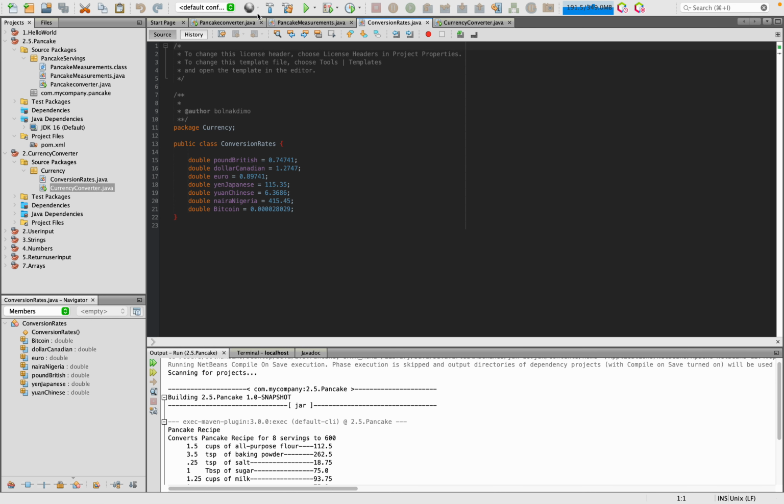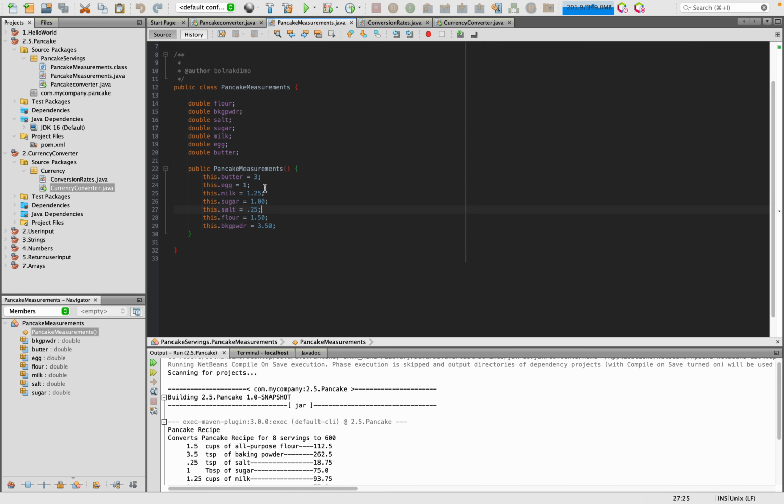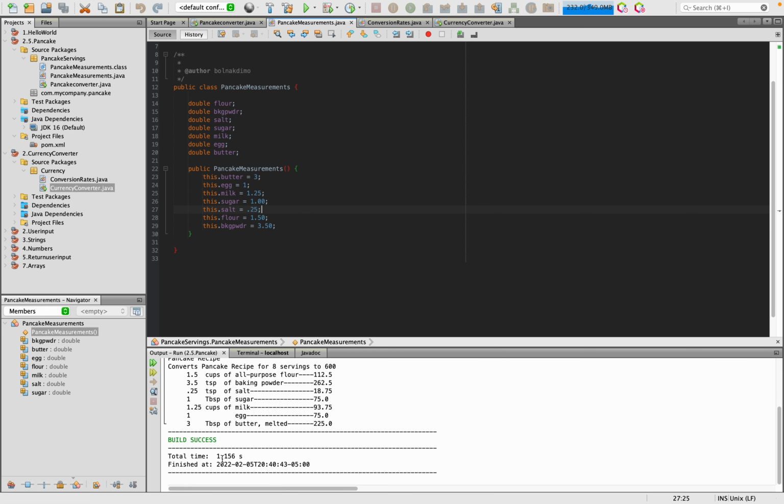And in the second piece, in mine, it's going to show, right here, for butter, 3. Egg, 1. We're not looking at the cups, tablespoons, teaspoons. The one thing we're going to focus on is the numbers that correspond with the flour, the baking powder, with whatever type of food it is. So I simplified it,